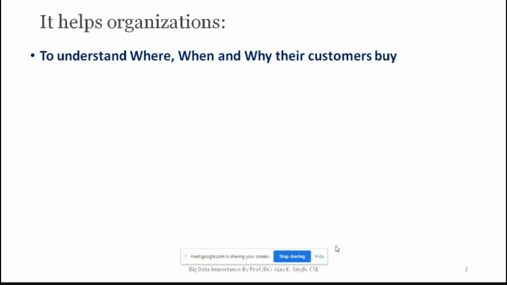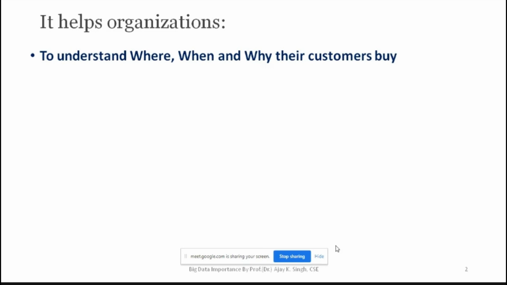And now you might have seen that a lot many e-commerce sites are coming. Amazon is there, Flipkart is there, lot many different e-commerce sites are coming up. And by using analysis, they are going to identify, yes, this is the best one. So what type of product he is going to buy, this analysis is very, very important.